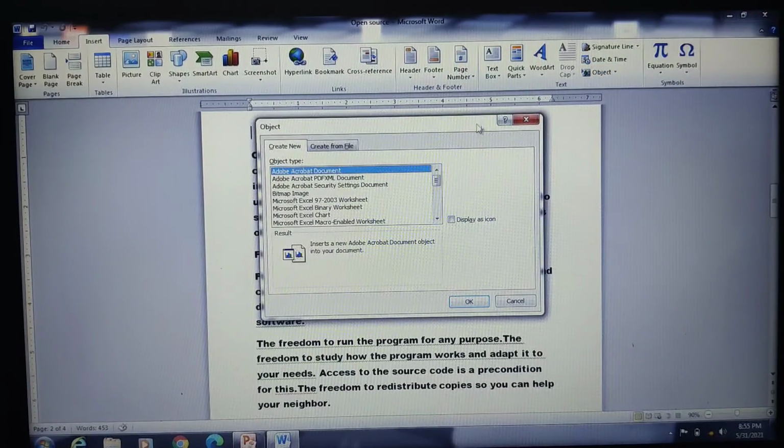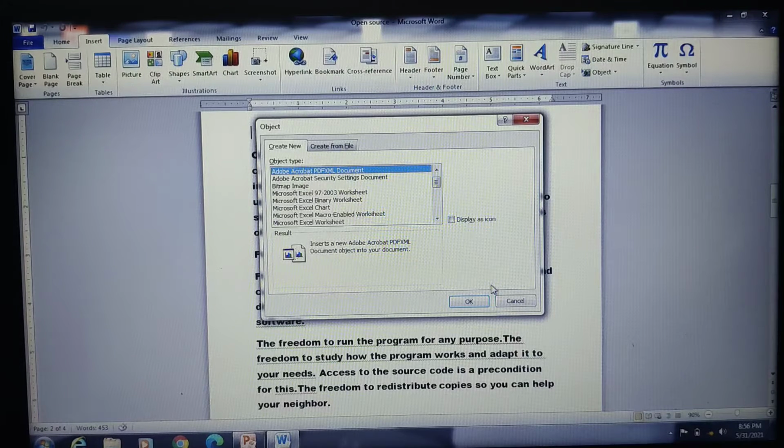When you open Object, somewhere you will have an MS Organizational Chart 2.0. If you observe carefully, I don't have that option actually, but it is in the older versions of MS. Here I don't have that MS organizational chart. If you have that option, you just click OK, and that particular chart will be placed onto your Word document. Similarly, we have mathematical equations.